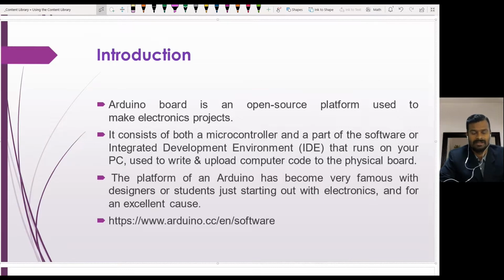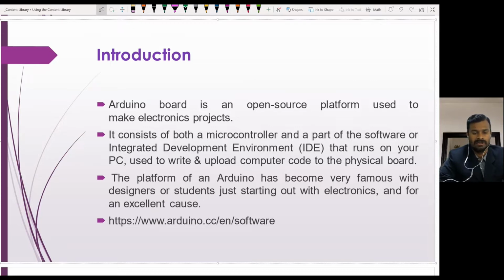Basically, this Arduino board has a microcontroller and related accessories like a crystal and the power supply, A to D converter, and D to A converter. We are going to see what features are there one by one.